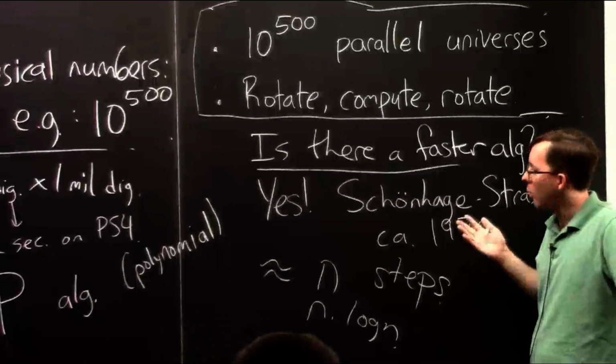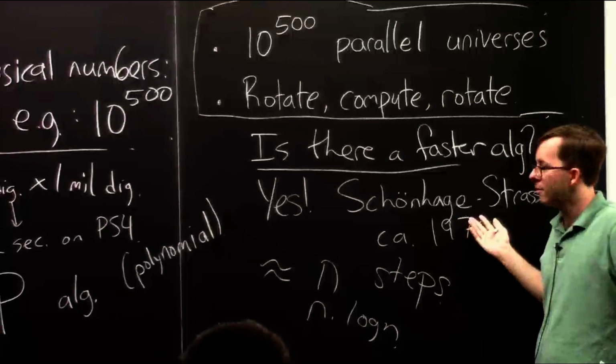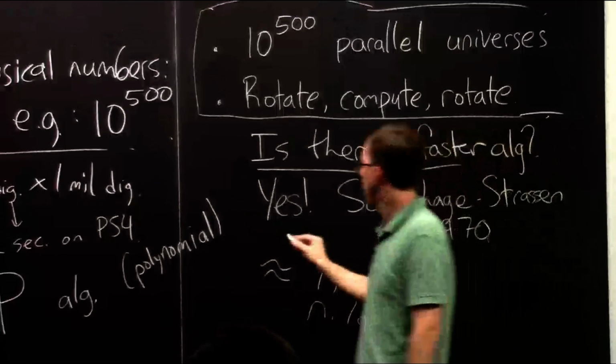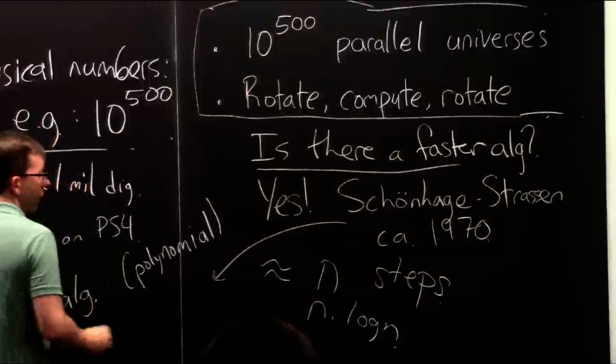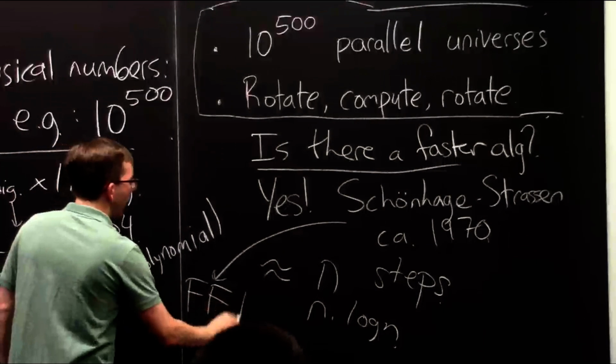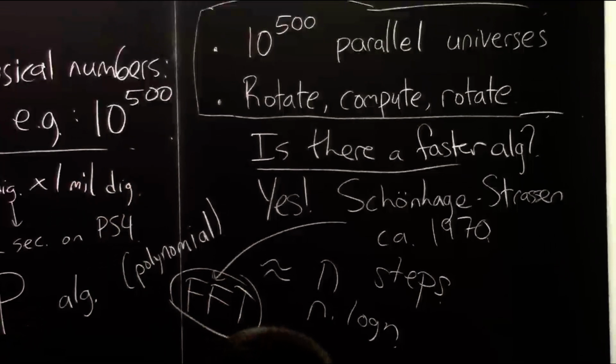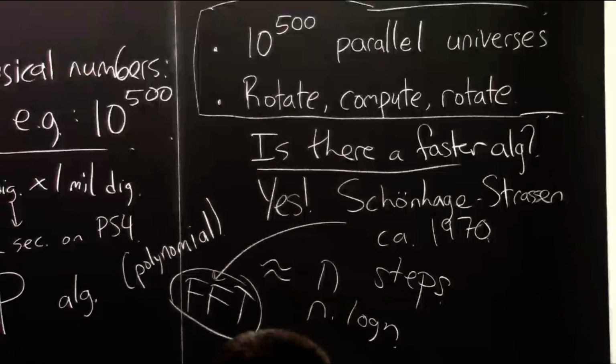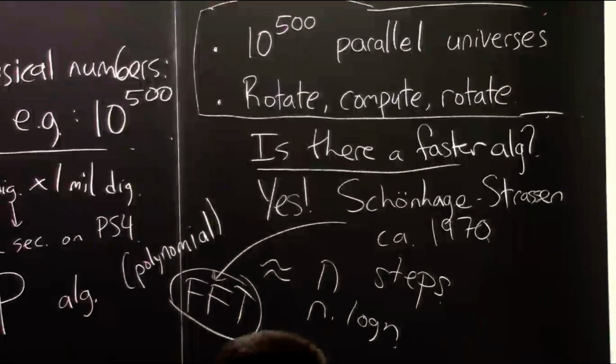Just an aside, you might ask how do they do this? It's a sophisticated algorithm. I'll just say one thing about it. The crucial ingredient in it is, I'll just write FFT, the fast Fourier transform. It's the key algorithmic ingredient in this super fast multiplication algorithm. And I wanted to mention it because the Fourier transform is also a critical ingredient, if not the critical ingredient, in all super fast quantum computing speedups. So somehow the Fourier transform is right at the heart of quantum computation as well, as we'll see in the next lecture. So I wanted to give it a little mention here as well.